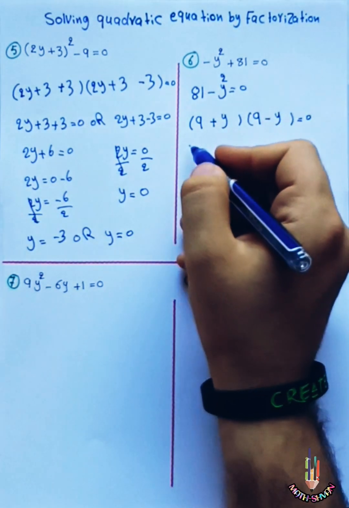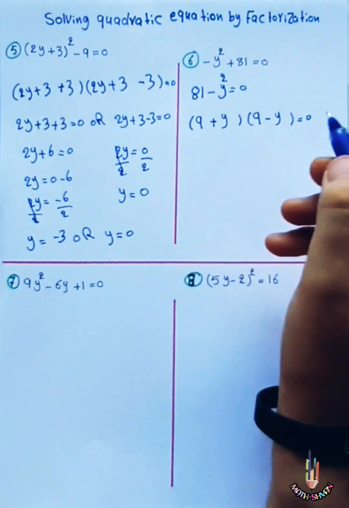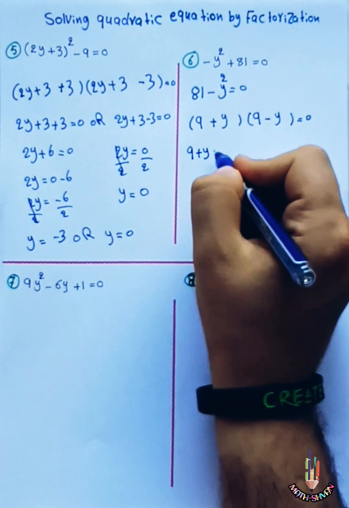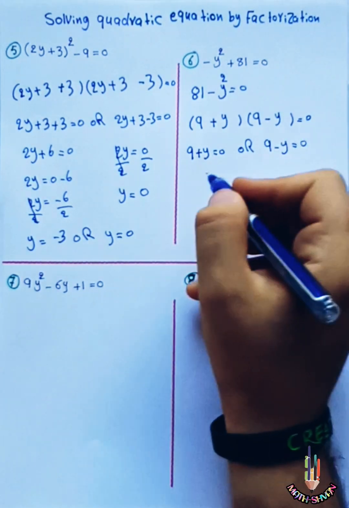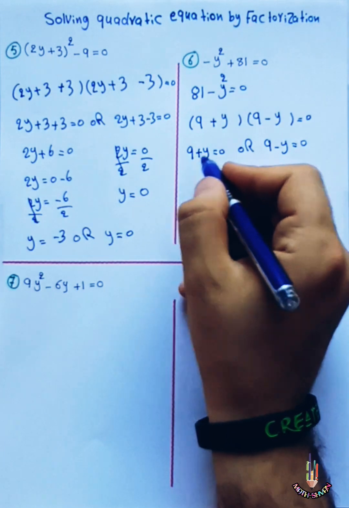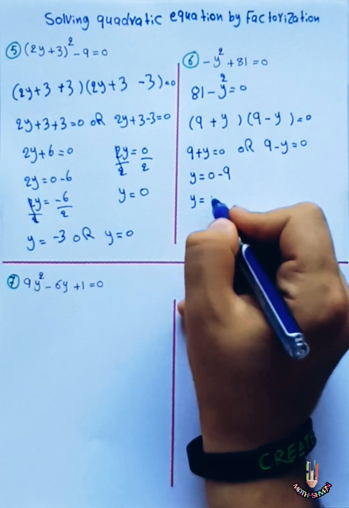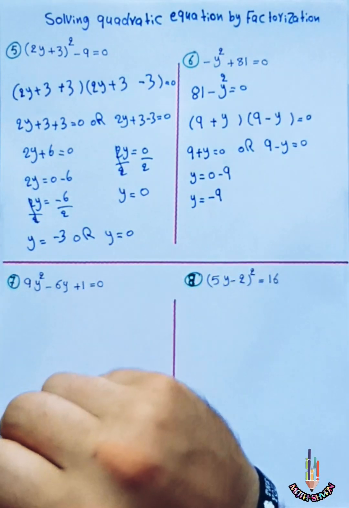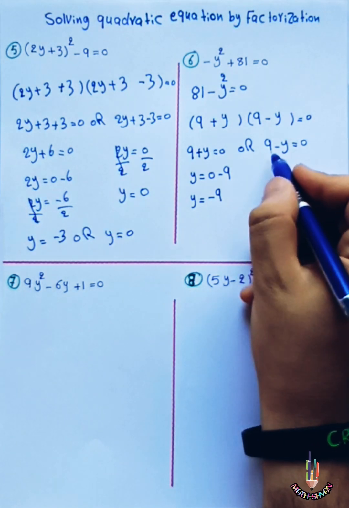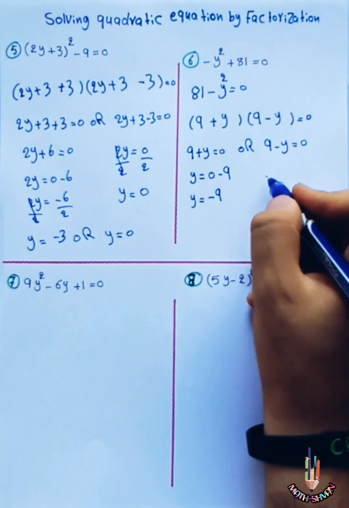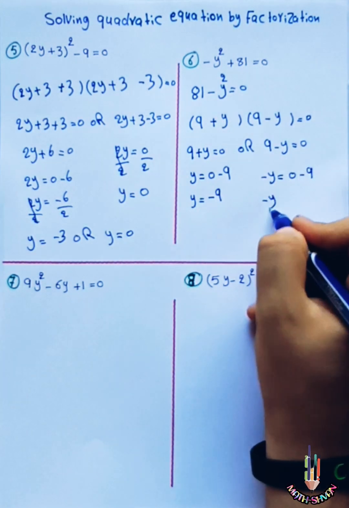After that, we have to equal each expression to 0 and find the value for y. 9 plus y equal to 0, or 9 minus y equal to 0. So you have to change the place of positive 9 to the right side. Y equal to 0 minus 9, y equal to negative 9, and then you have to change the place of positive 9 to the right side. Negative y equal to 0 minus 9, so negative y equal to